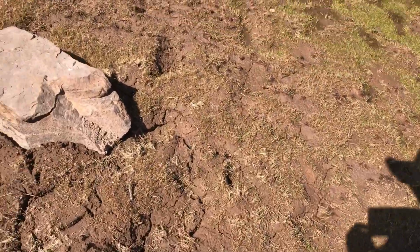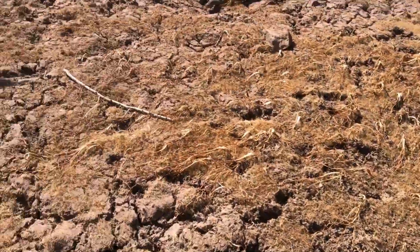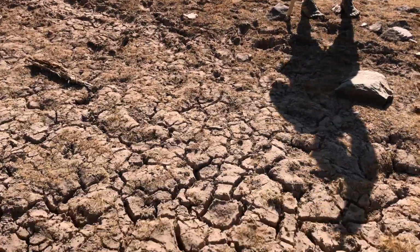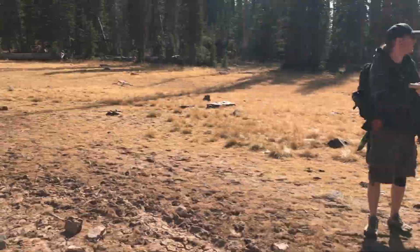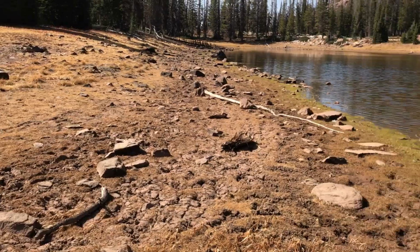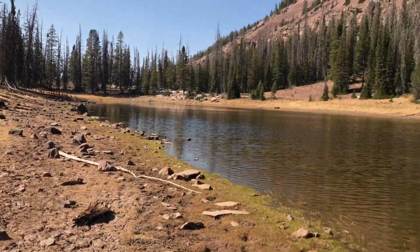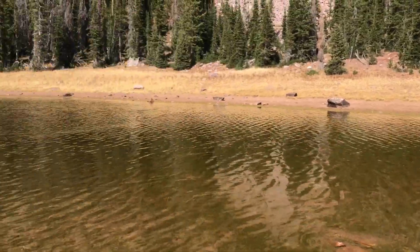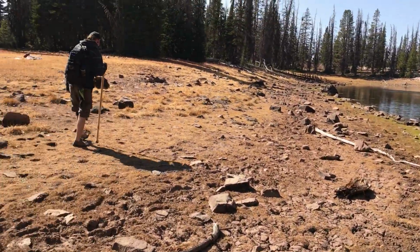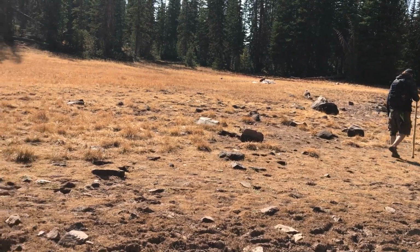I think we need to go around. Yeah, we do. We need to cross this side. Yeah, I mean, we could go this way. It's just easier to go around. Oh no, let's go that way. Okay. I want to go around that way. This is a cool little lake. I don't know about the other end. I'm going to see what it might look like for a Milky Way shot in the summertime. But all right,